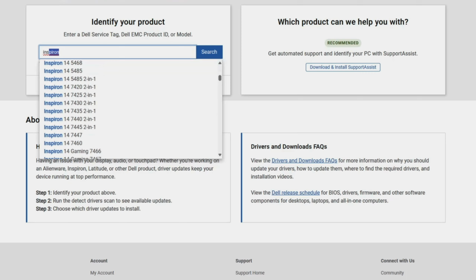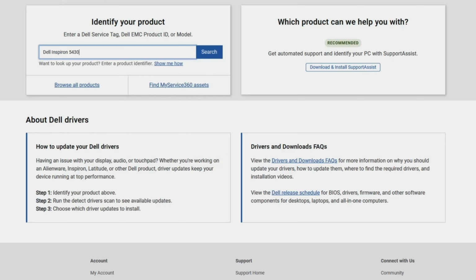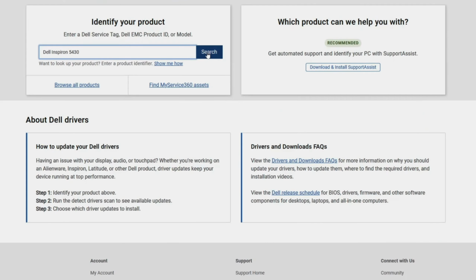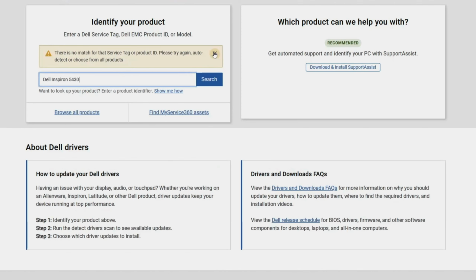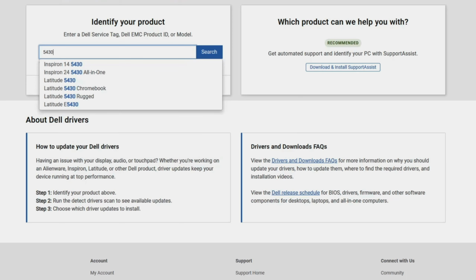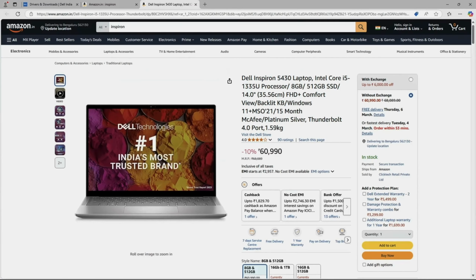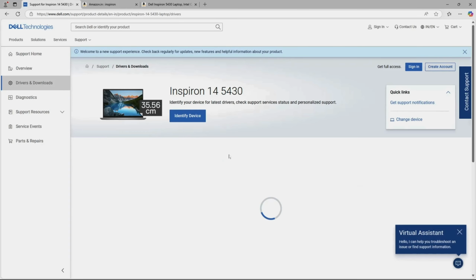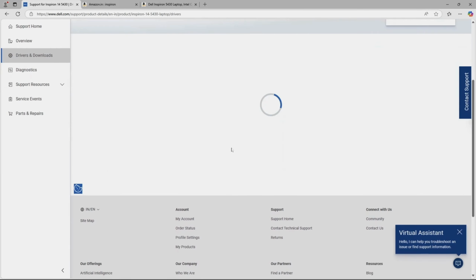So we wanted the drivers for this particular laptop model, which is Dell Inspiron 5430. And if I click on search, I am not getting the result. So what I will do is I will enter 5430, which is the laptop model, and this is the Inspiron 14 5430. Let us check if it is a 14-inch laptop. Yeah, this is the 14-inch laptop. 5430 is the 14-inch laptop for which I wanted to download the drivers. I will select the laptop model 5430 and